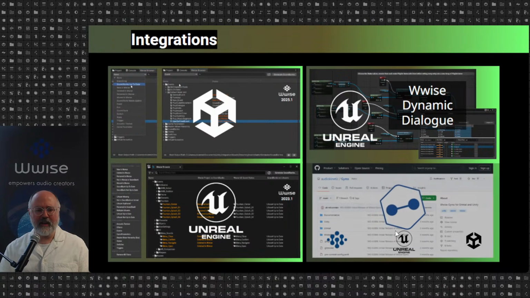We also added great new flexibility for the Wwise dynamic dialogue feature in Unreal. This gives you full accessibility through blueprints and code to the dynamic dialogue feature, which really is more than just for voice. This is a runtime decision-making system that allows you to make decisions moment-to-moment about what